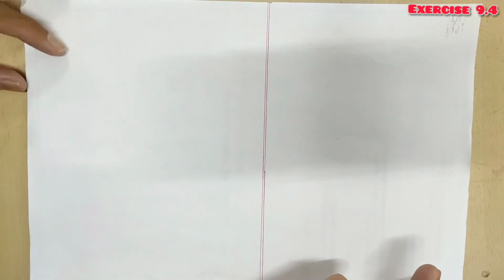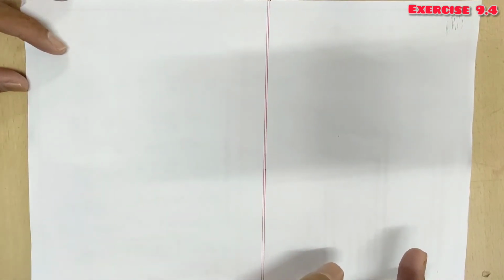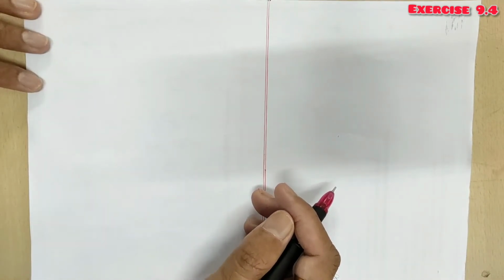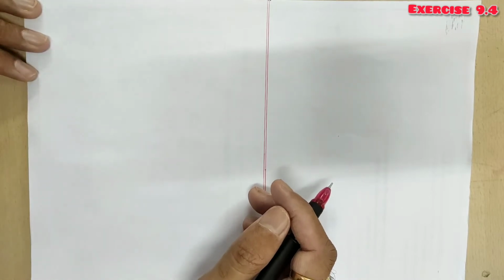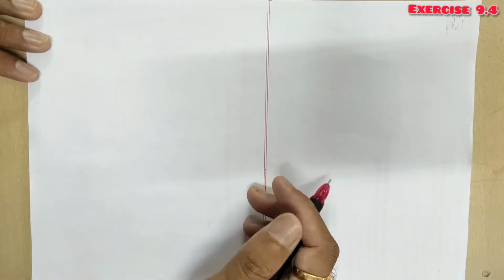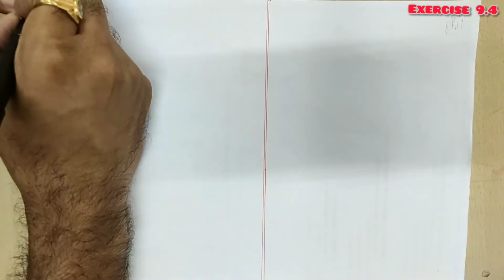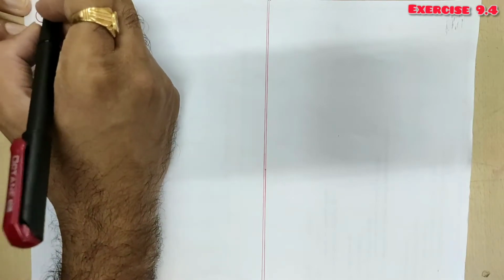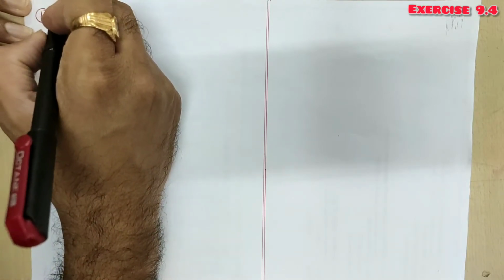Question number 11. For questions 11 to 14, we have to find the particular solution satisfying the given conditions. Differential equations are given and we have to find the particular solution satisfying the given conditions. So for question number 11, the given differential equation is x cube